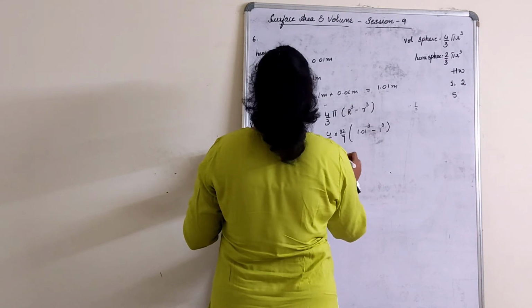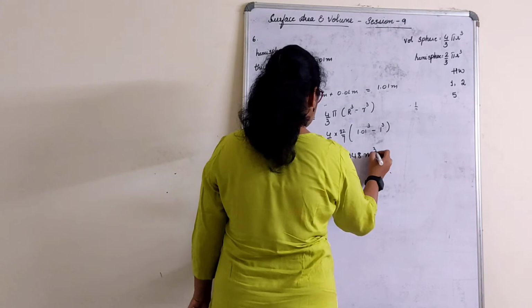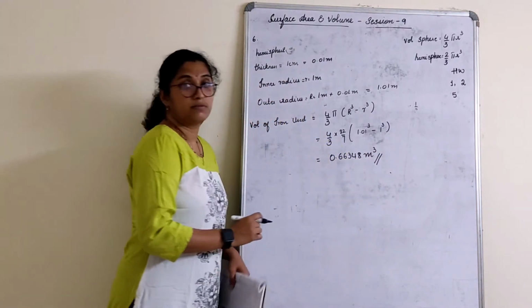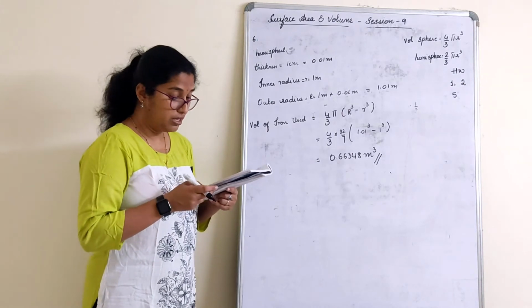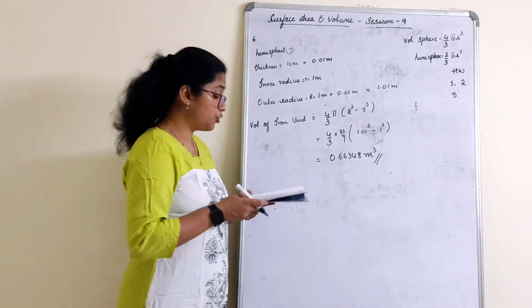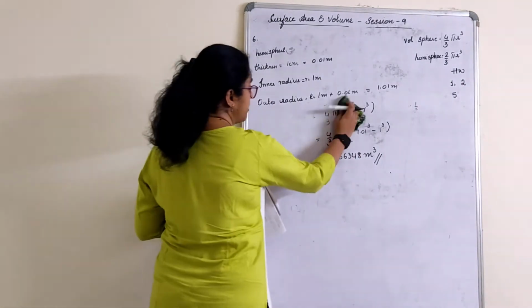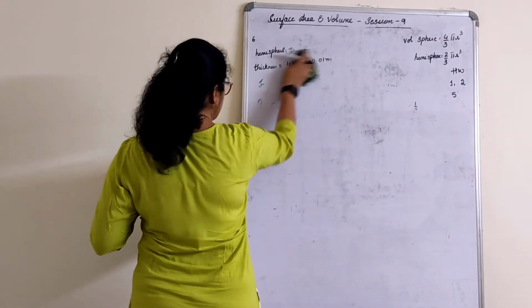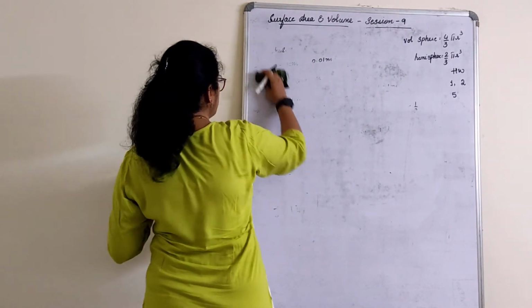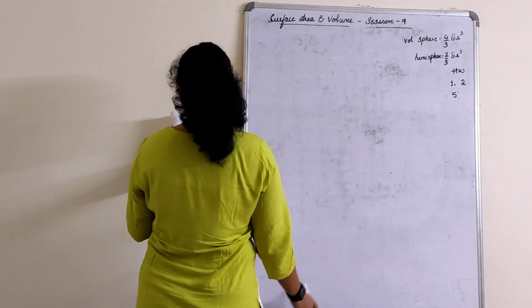Answer will be in the form of 0.66348 meter cube. Right? A bit of calculations what you have here. Multiplication and then division. 0.66348. Next one. Very simple calculations in this exercise, because by now you already know all types of sums, how to apply it. It's just a simple substitution here.